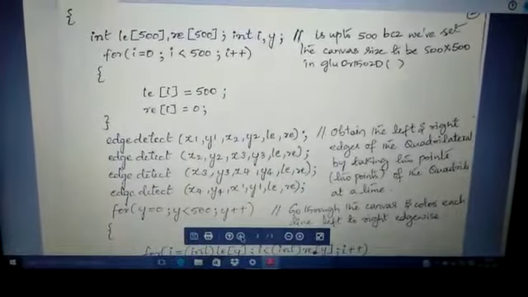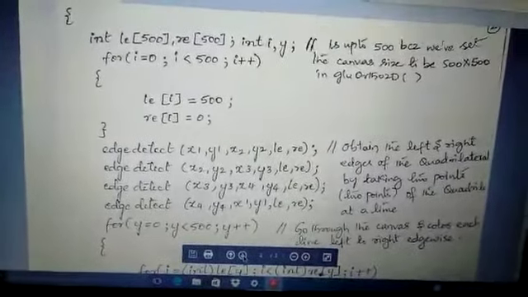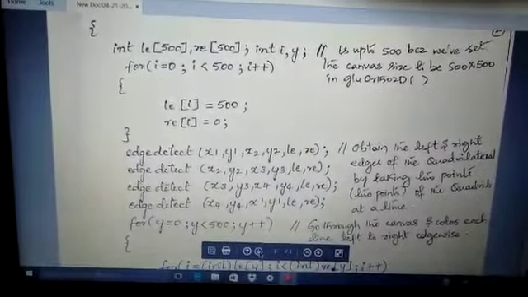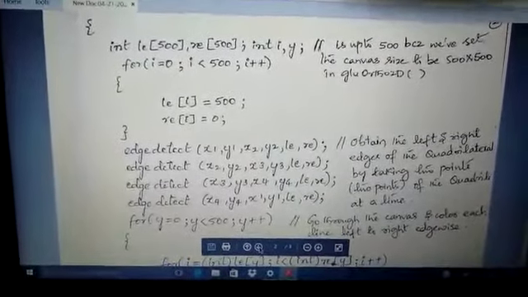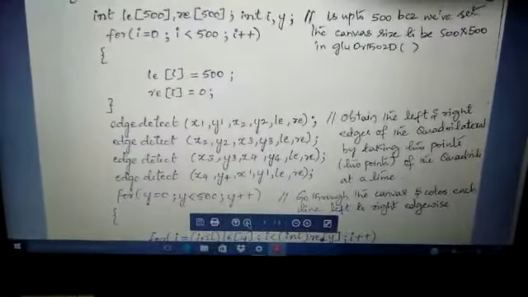Coming to the size of the canvas, how much canvas size have we taken? We have taken 500 by 500, because we can set the canvas size on our own using glOrtho, that is the orthogonal projection of the particular polygon.